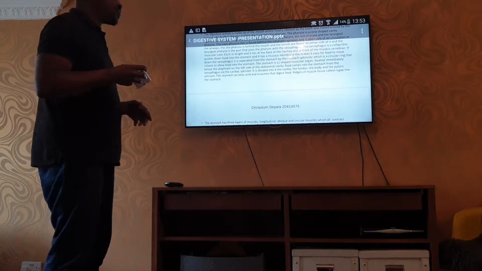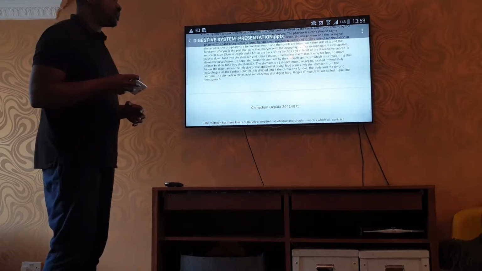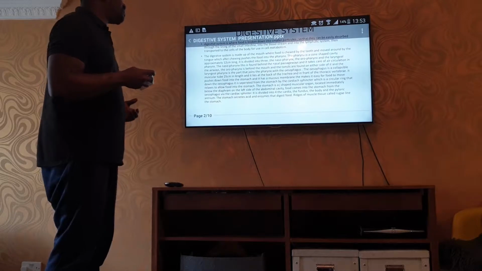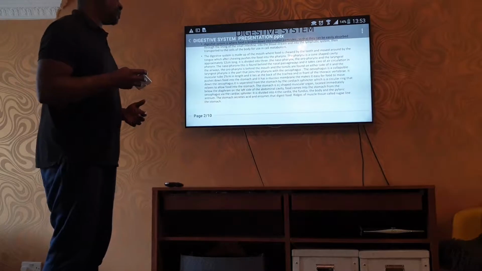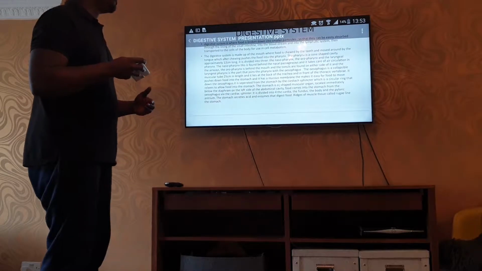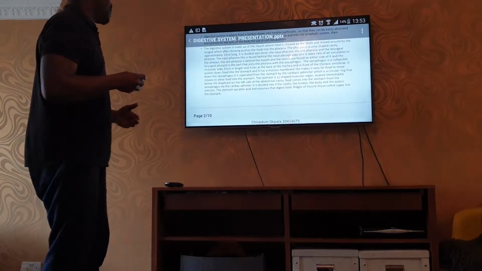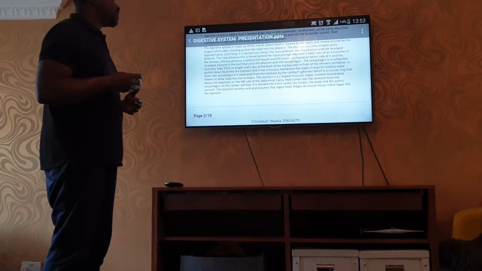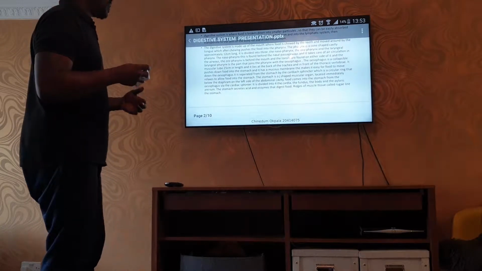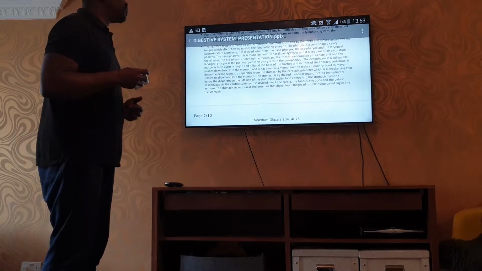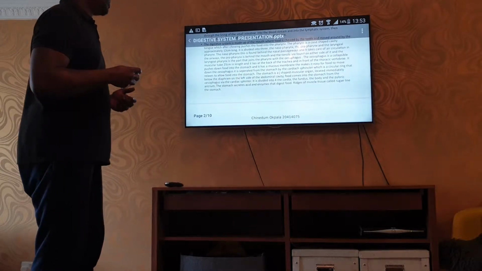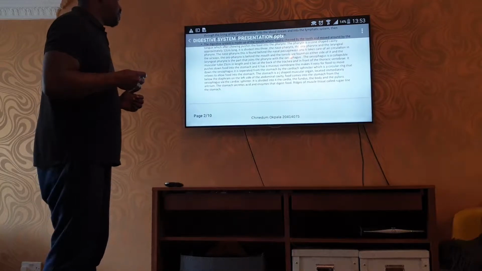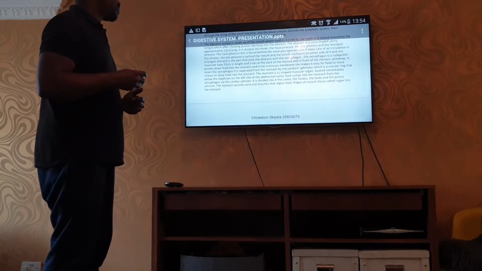The stomach is a J-shaped muscular organ located immediately below the diaphragm on the left side of the abdominal cavity. Food comes into the stomach from the esophagus via the cardiac sphincter. It is divided into four: the cardia,